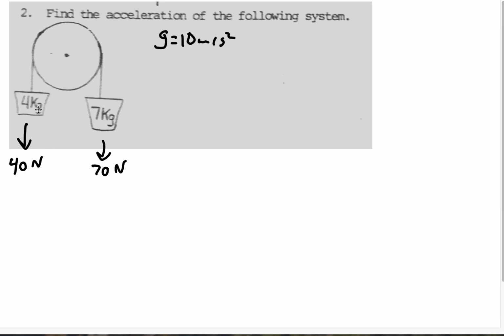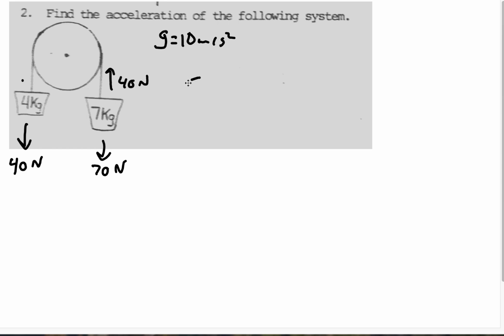So if you think about it, if I look at this string, which weight is going to get pulled down? Is it the one on the right or the one on the left? The one on the right. It's bigger, so this one's going to get pulled down. So it's getting pulled down with a force of 70, and it's getting pulled up with a force of 40. But in effect, what that means is that this whole system is getting pulled to the right,